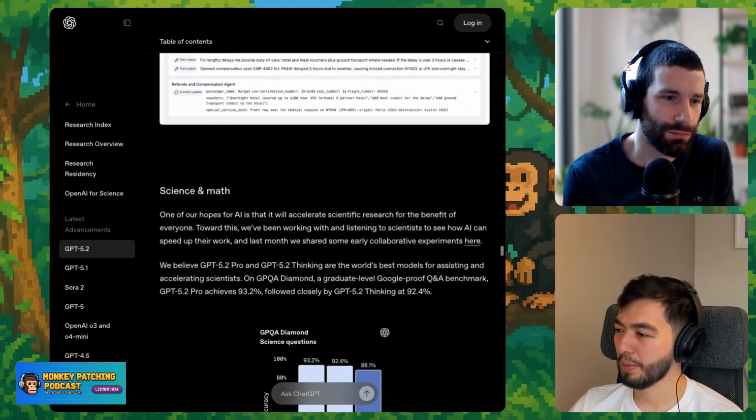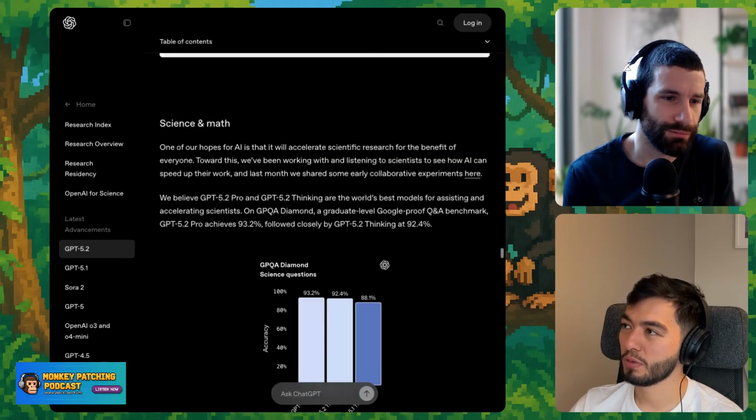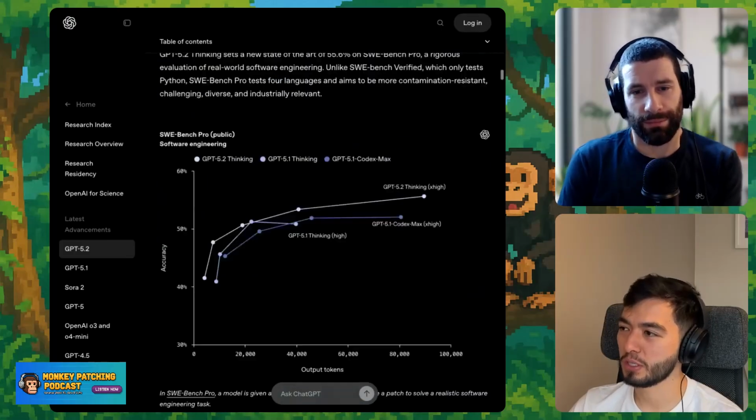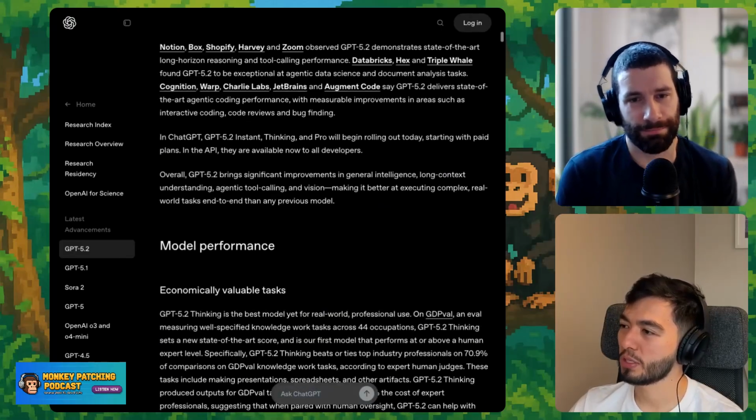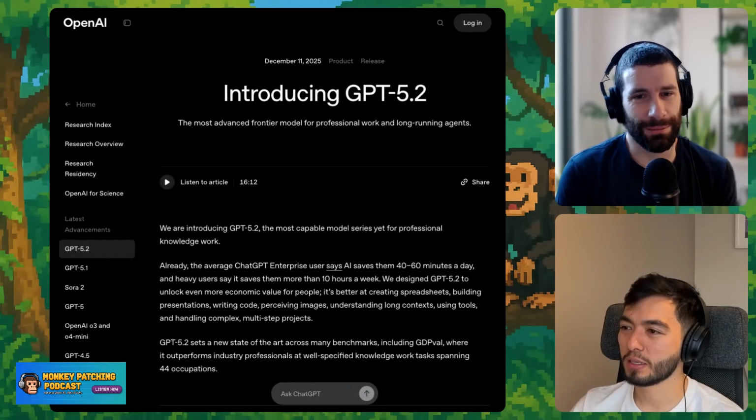Yeah, I kind of see what you're saying, but at the same time, what's professional work? I mean, they do give some examples like spreadsheets and all these things, right? But it gives a blurry picture to me. Like, what exactly are you good at? It is a very blurry picture. I fully agree. But to me, it's like